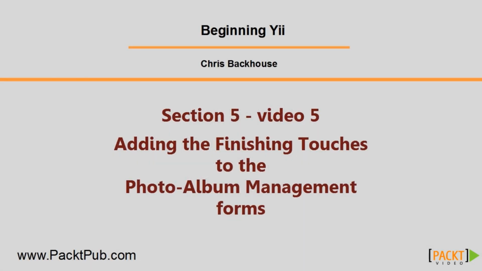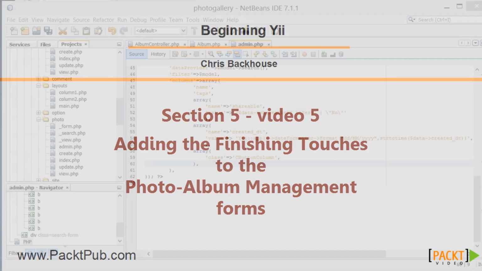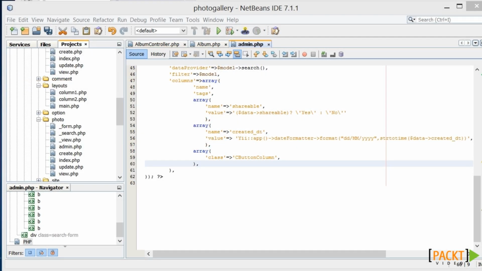Hello! In our last session, we met the CGridView and looked at how to customize it both in its layout and the data provider to supply data to it. And in this session, we'll continue to use the grid view, looking at its button column, and also how to include images. So in our last session, we customized the CGridView in the album admin form,